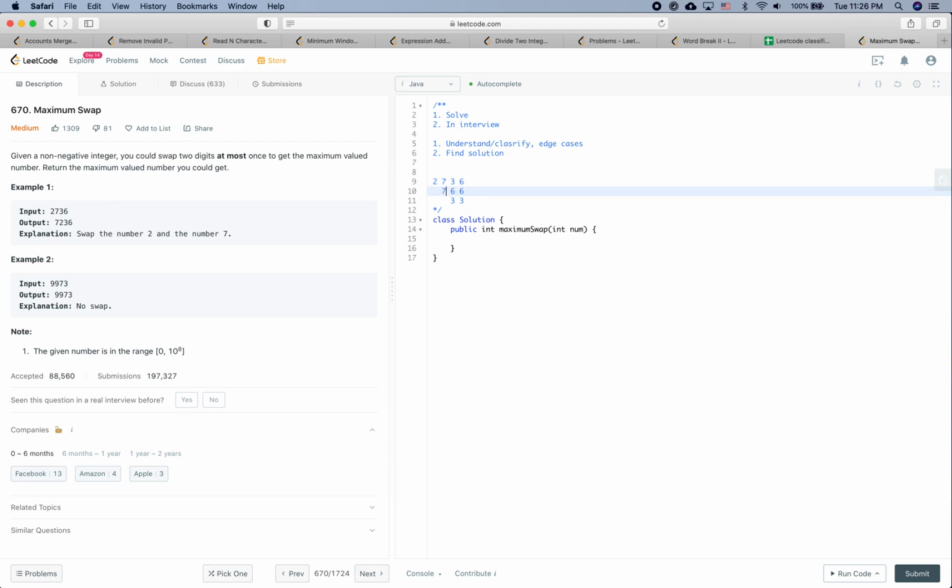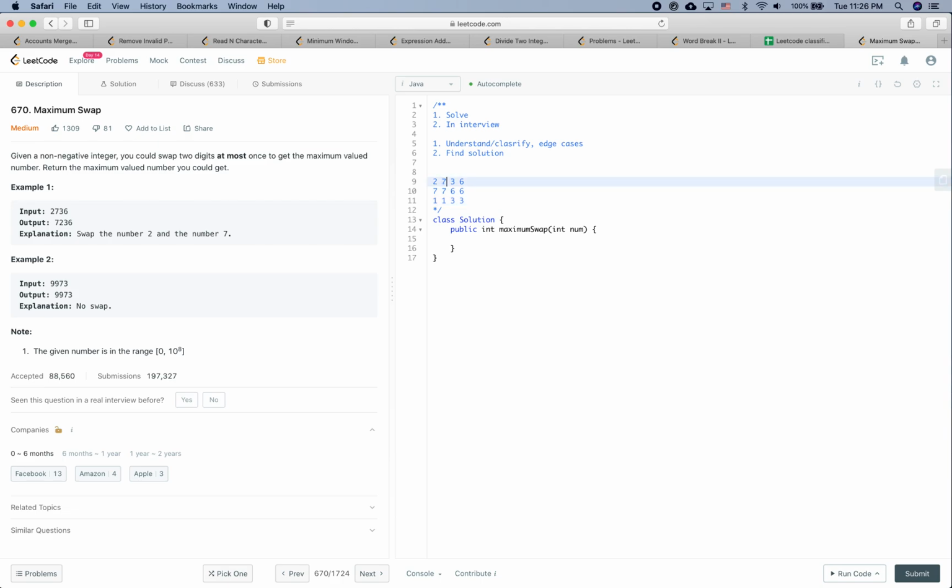So for this place, from the right side to the left side, the maximum digit we have encountered is 7. And the first time we encounter 7 is at index 1. And for this one, similarly, we update this bit. The first time we encounter the 7 is at the first